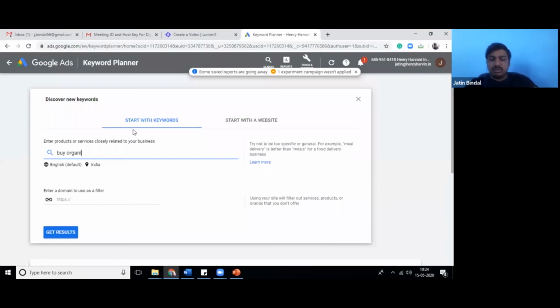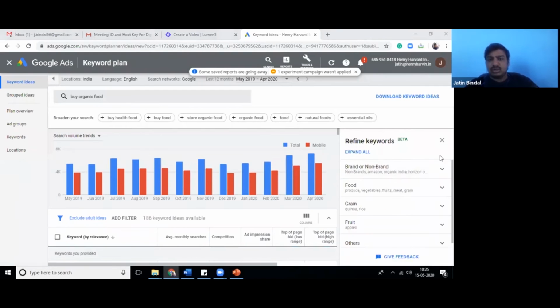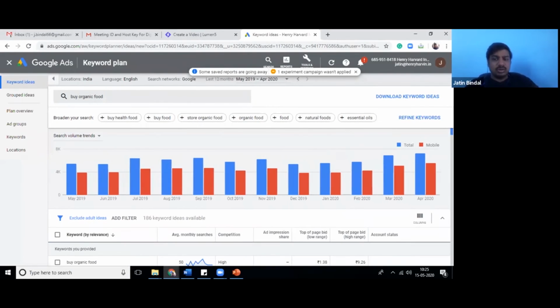I am typing buy organic foods instead of food to showcase the difference between the two. In my case, you will see a beta version as well, which I'm crossing down.